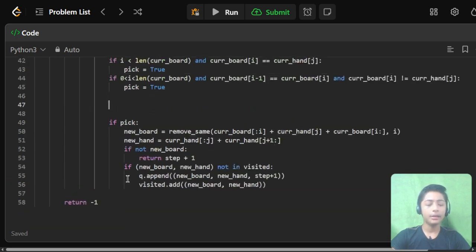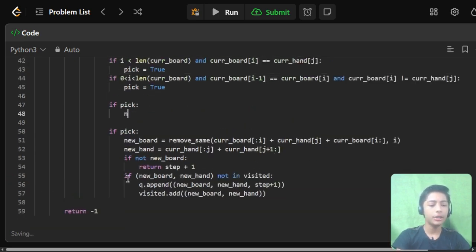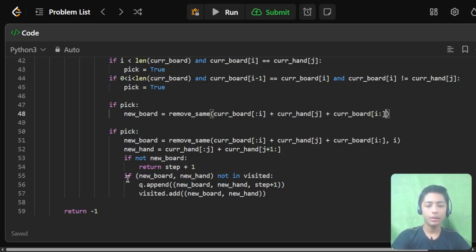Then if pick: new board = removeSame(curr board[:i] + curr hand[j] + curr board[i:], i).